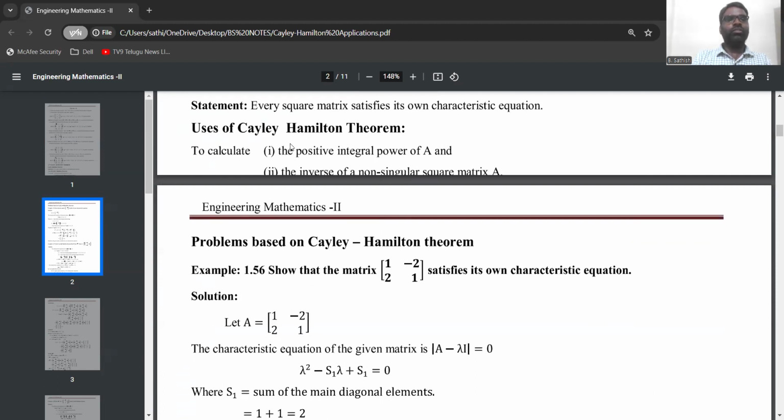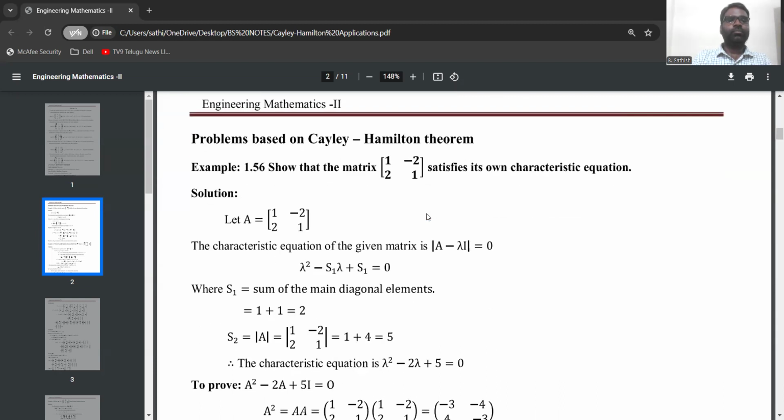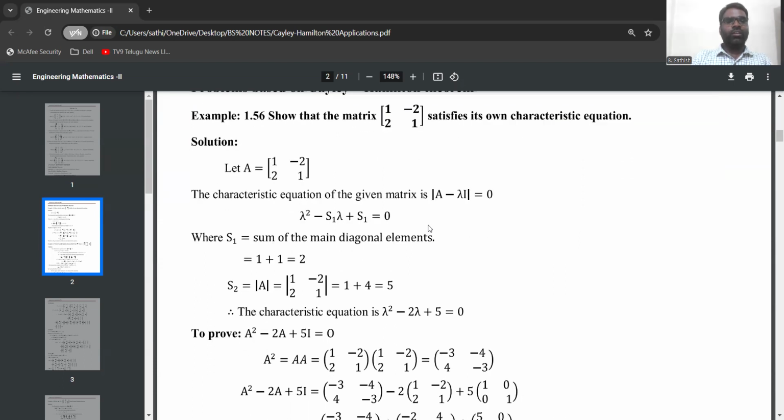The main uses of the Cayley-Hamilton theorem, as I explained, are to calculate positive integral powers of A, that means higher order powers of A, and the inverse of a non-singular matrix. So we'll discuss some applications of the Cayley-Hamilton theorem, especially finding the characteristic equation and then finding the higher order powers